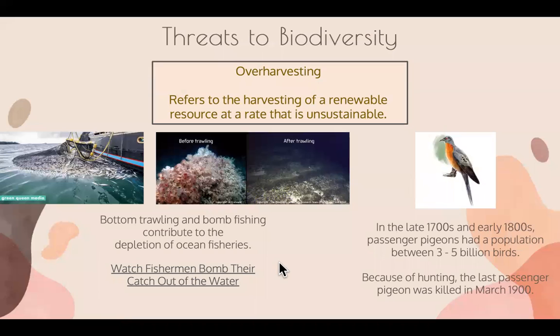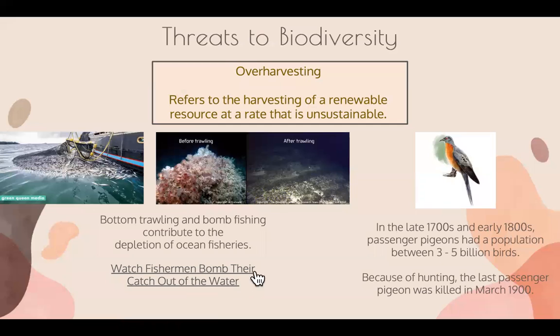Now, I put a video here, and it's interesting because I actually wasn't very familiar with this process, but more and more people are relying on bomb fishing, where you throw dynamite into the water and then collect the either shocked or dead fish that come to the surface. So I put a video for you on here, and I'd like you to watch it so that you are